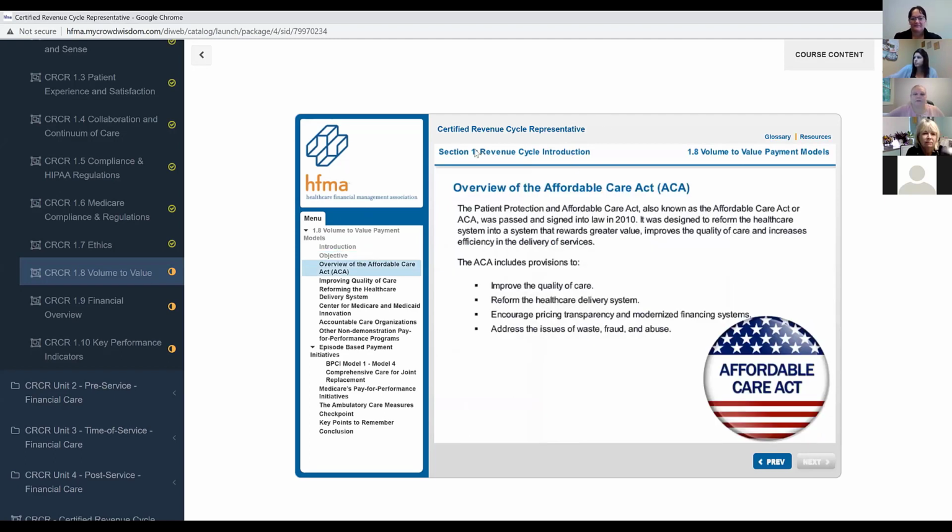the overview of the Affordable Care Act. Yep, here we are. Okay, so this section deals with the Affordable Care Act and some of the components. Okay, as it was officially called, the Patient Protection and Affordable Care Act, which is known now as the ACA,